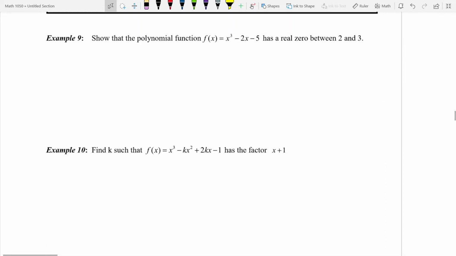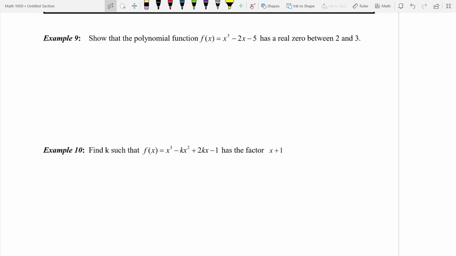Okay? Show that this has a real 0 between 2 and 3. Everybody just kind of freeze. Okay? Look right here. If you had x equals 2 and x equals 3, if the 2, when you plugged it in, gave you a negative y value,